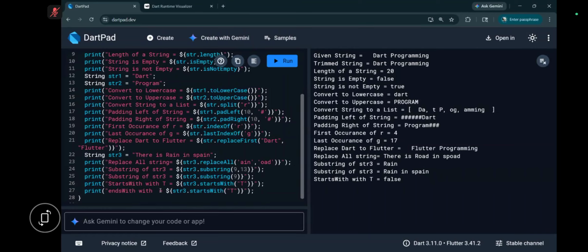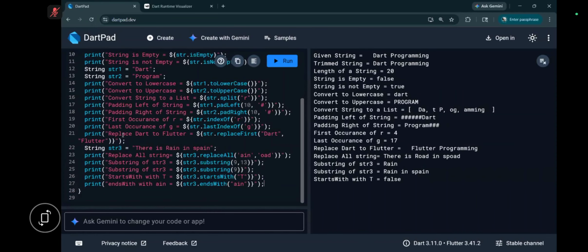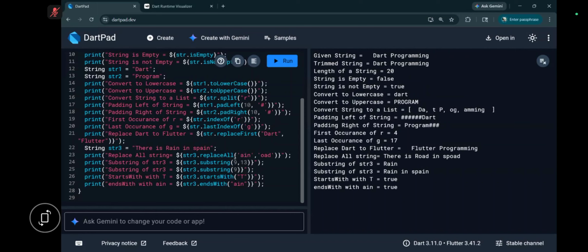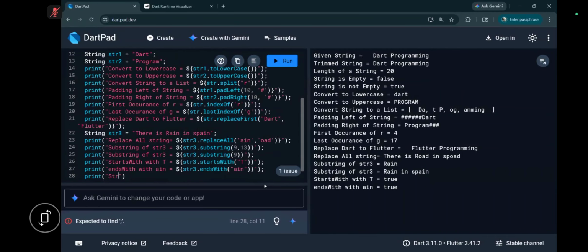Then that is also shown as true. Okay, so it is ending with A, or it can also be in as well. It will also work. Now you can also check the string